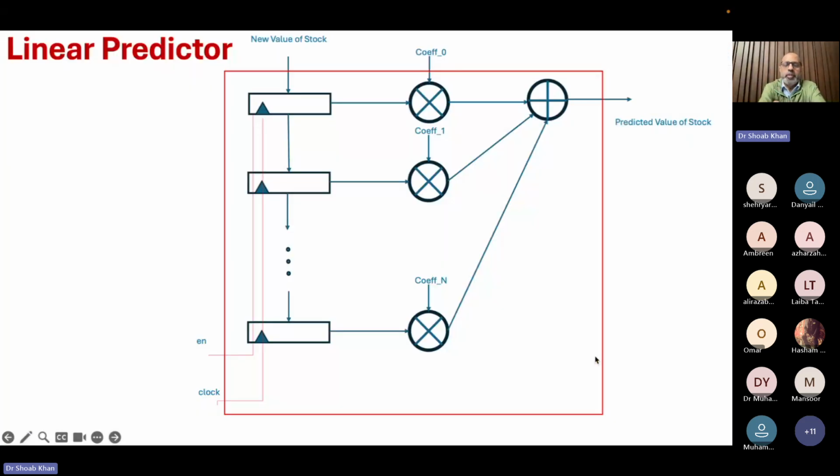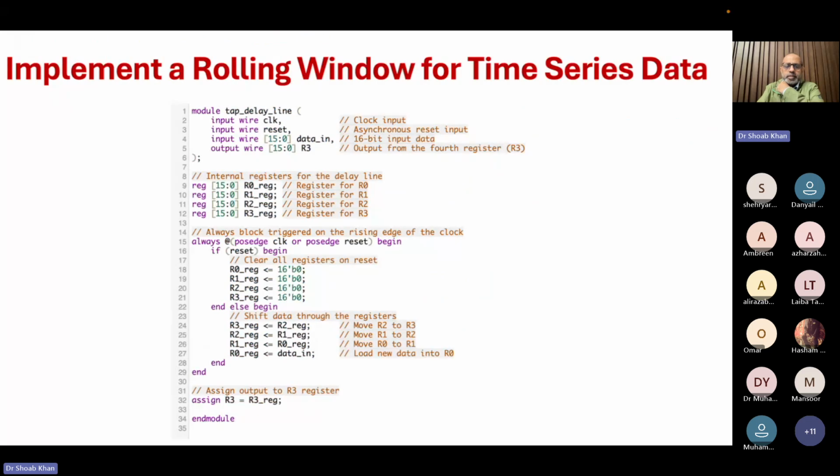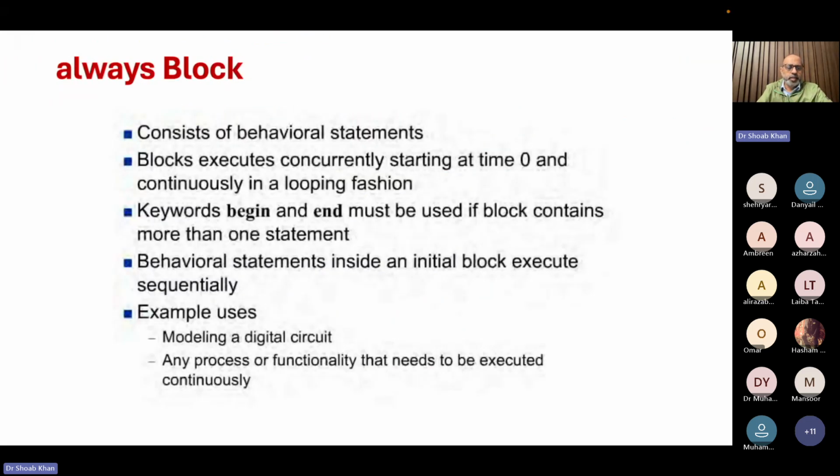So I've shown you how easy it is to generate RTL Verilog code for a design which you have conceived. You know where your registers are, you know the other functionality, so you can very easily generate the design. Now we understand there is going to be an initial block,